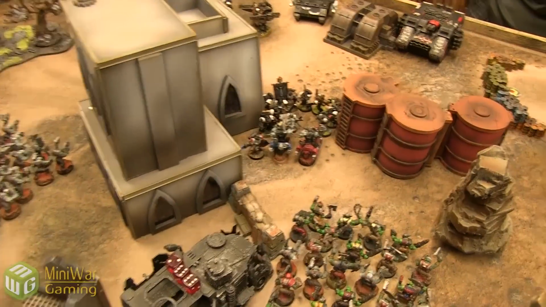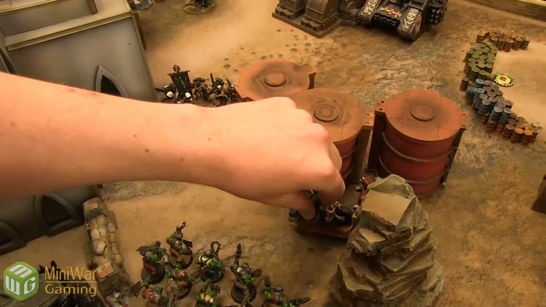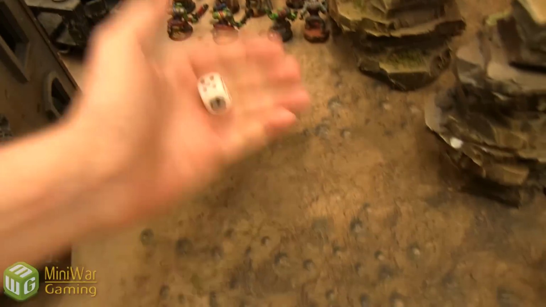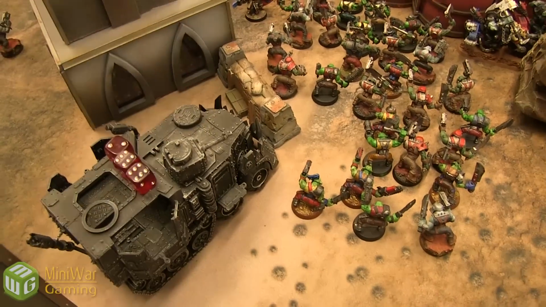Start turn 2 for the Orks. First thing I'm going to do is take these bikes and have them fall back over to here, like so. And this gigantic blob of boys are going to advance 6 inches, finishing their advance there. Next up I'm going to have Thraka and the Pain Boy jump out of the battle